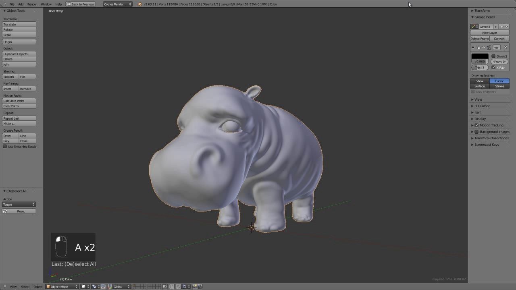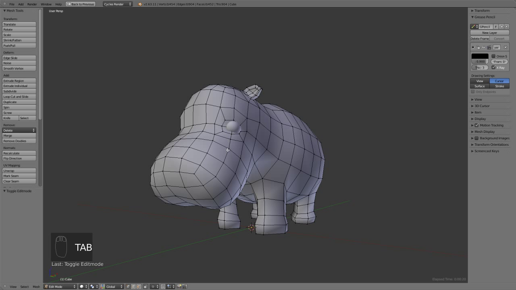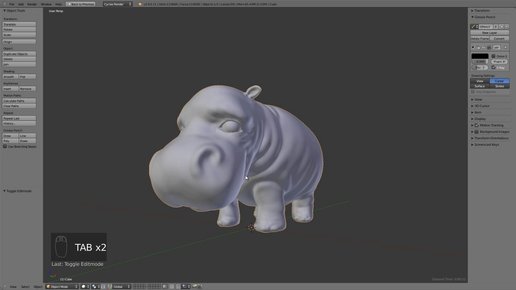Alrighty, it is time to go ahead and retopologize our little hippo character slash animal here. If you're not familiar with what retopology means, it basically means to take an existing model, such as our hippo here that we have sculpted in all the detail, and that all that sculpted detail is on a very simple base mesh. What retopology means is to take this existing model and basically recreate a mesh on top of it that has good, clean topology, that is animation friendly, that is posable, that's easy to texture,